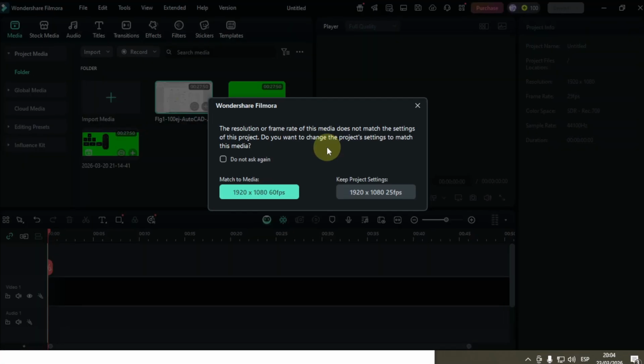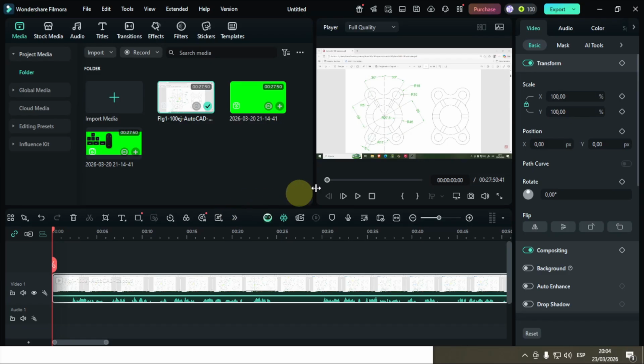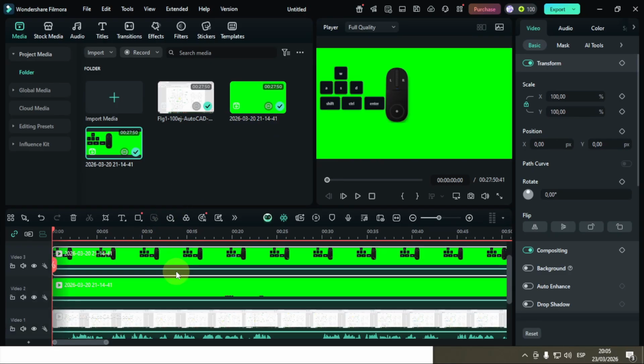In my case, it's gonna ask me if I keep the resolution of the project, that is 25 frames per second, or to match the media, 60 frames per second. I will match the media. In this case, we have in here the preview and we import the other 2 projects. Once we have the 3 videos imported in here, as you see in here, and I have dropped them in the timeline,